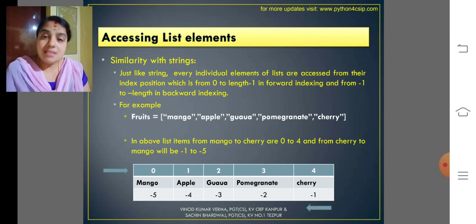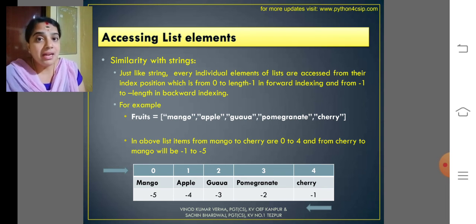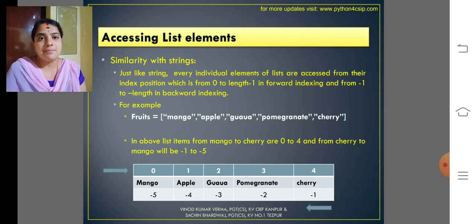Then this is very simple, that is accessing list elements. How to access the list elements? It is very similar to the string type. That is the thing I told you already. If you studied the string chapter in a better manner, you will find it very easy to study the list chapter. That is, it has many similarities with strings. String elements have many similarities with list elements.